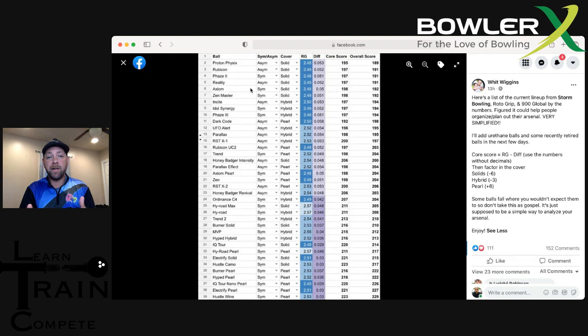But I think this is a real good way of grouping them to get you to understand where they kind of belong. Again, there's going to be some outliers, but when you compare this group to other companies, you can start to say, okay, I don't need this ball versus this ball. They overlap. They're real close. I wouldn't want to do that. You want to keep it simple. So don't go trying to make things too crazy. Just keep it as simple as you possibly can, so that you don't have a bunch of overlapping and get yourself confused.